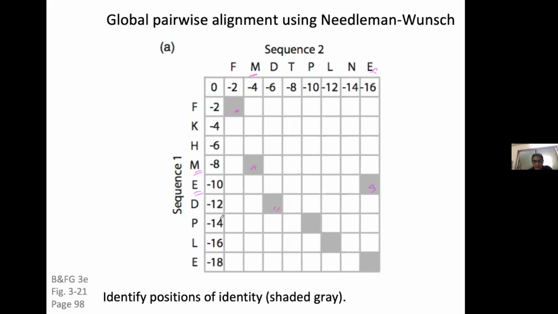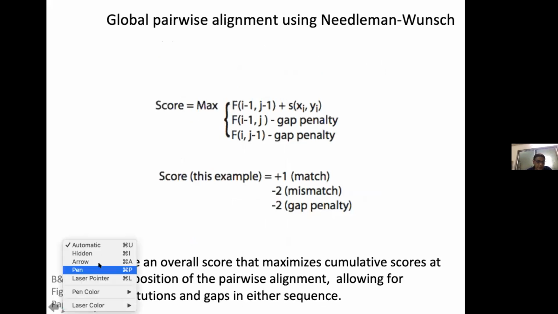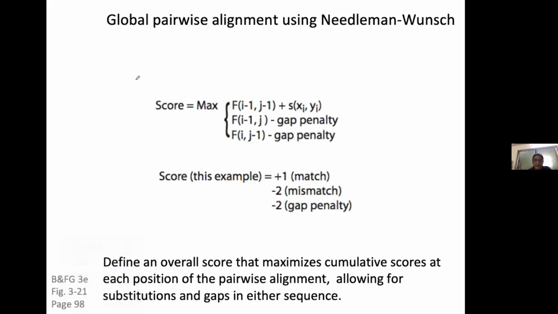So D, then the P and the P here, so it matches here. L here and the L here. We match up this A here and E here, so we match up again. So we fill up the shaded boxes. So how do we calculate that? We try to find the maximum out of these three. So F, for example,